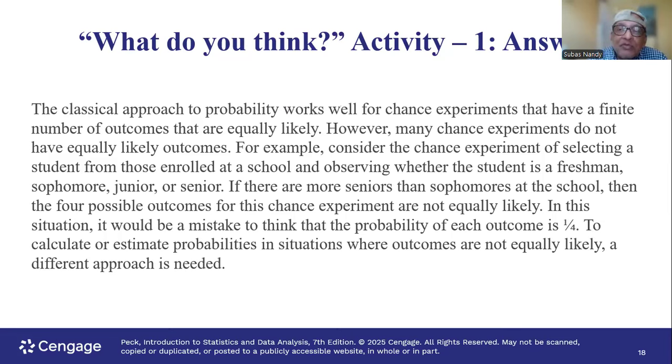Like we discussed before, the number of students in each class, freshman, sophomore, junior, and senior, is most likely not going to be equal. Therefore, you cannot say that the probability of senior is equal to 1 out of 4. It will be the number of seniors in this college divided by the total number of students. So the probability of each of these classes is not equal to 1 out of 4. They do not have an equally likely chance of happening because the number of students in each class is different.